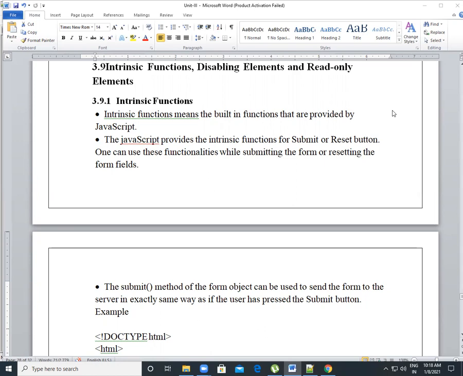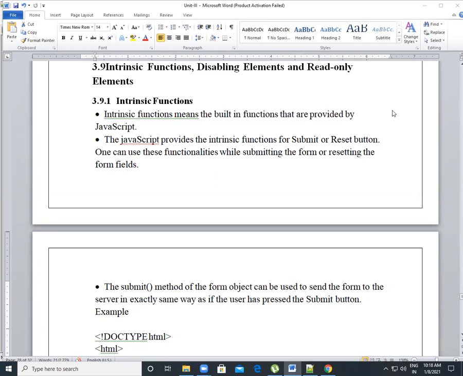So this function is useful for people, right? JavaScript provides functions for the submit and reset buttons, and these useful functionalities are available.